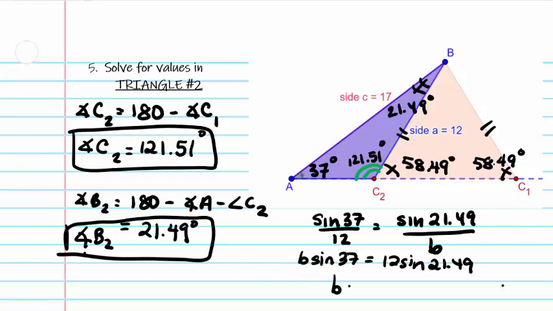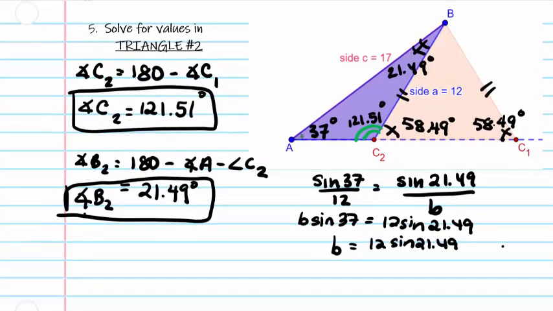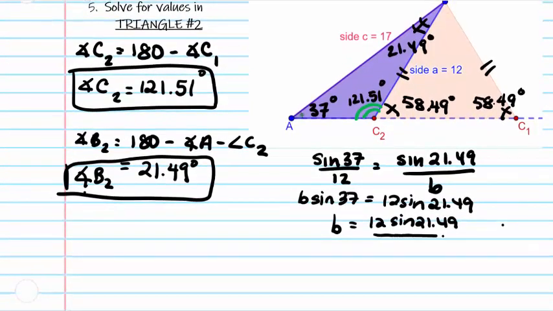So b is equal to 12 sine of 21.49 divided by sine of 37, which is approximately